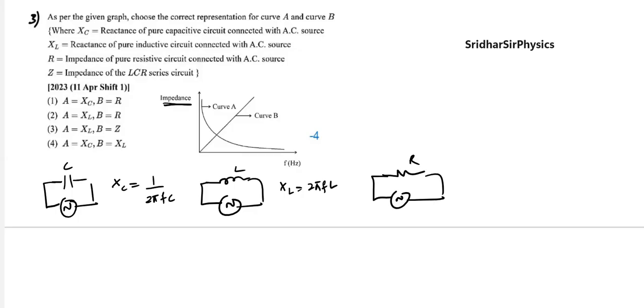Then here also current will flow, and what is the current? Current I equal to V by R. So as voltage increases, current will increase. Next, after this it is telling there is a